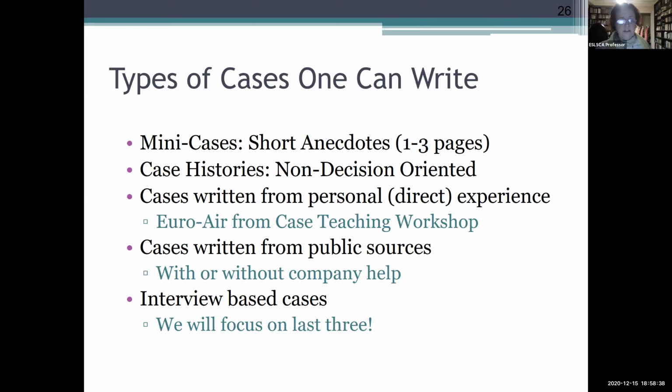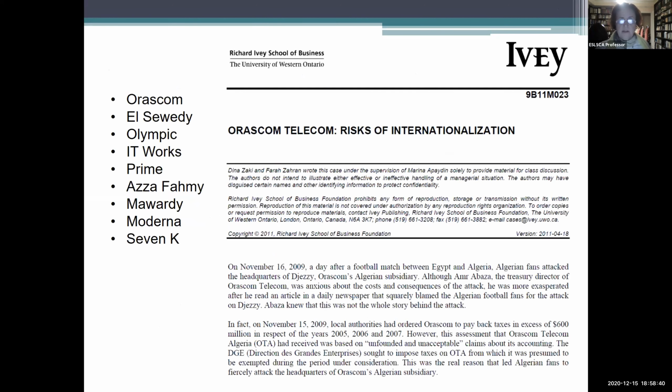The first cases that were written at AUC in 2009 actually came out of a frustration. The dean of AUC asked me to do a case writing workshop for faculty. Faculty duly attended the case writing workshop and no cases were written. And the faculty said it's too difficult, it's too hard, we don't know how to do it, it's new. And basically everybody bailed out.